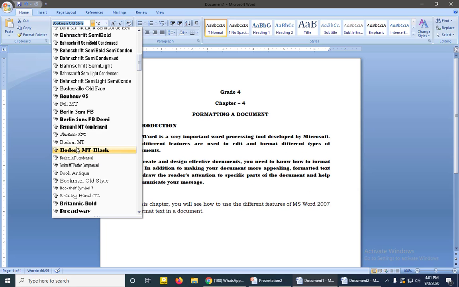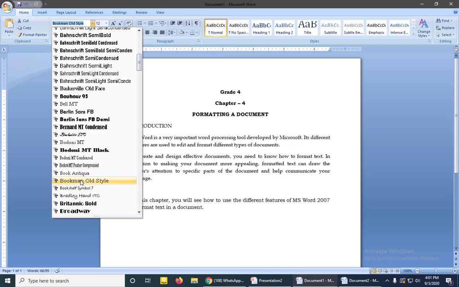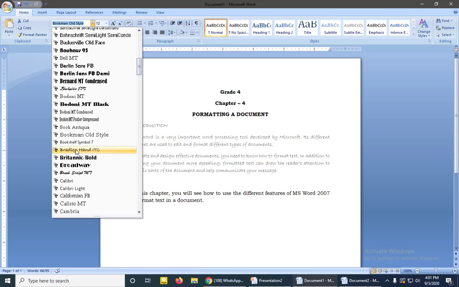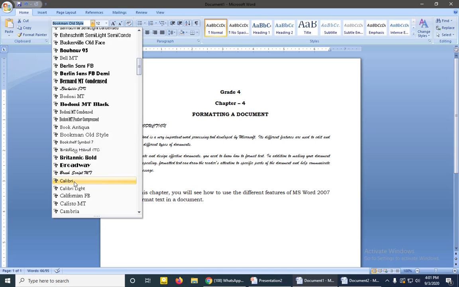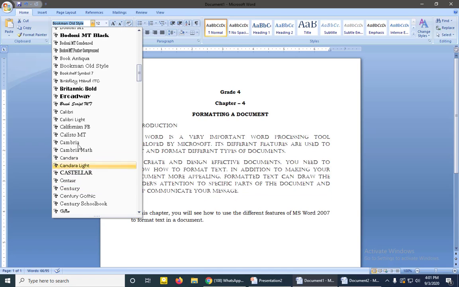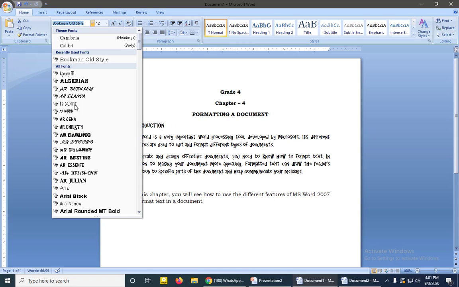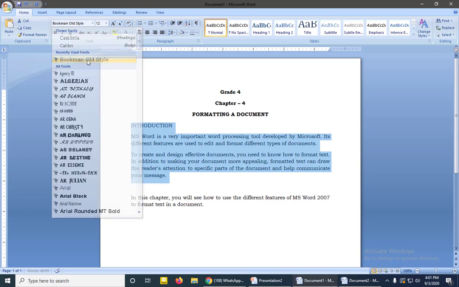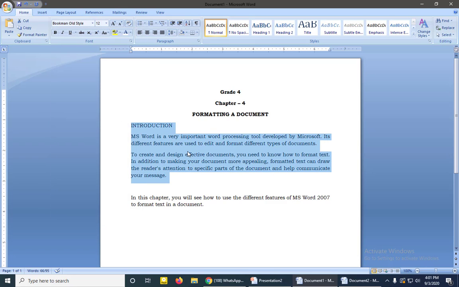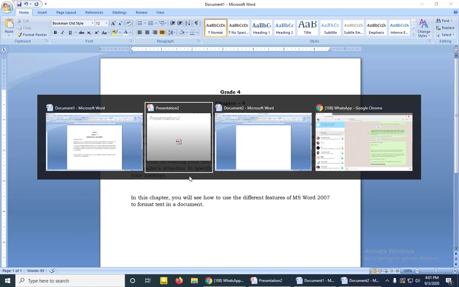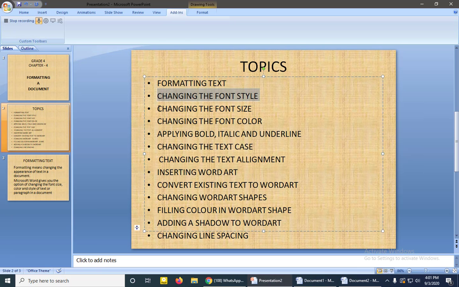See here, as I'm taking the mouse cursor over different font styles, the text is changing here. So we'll take now Bookman Old Style. So we have selected the Bookman Old Style text style.